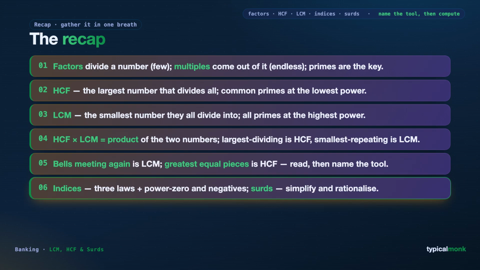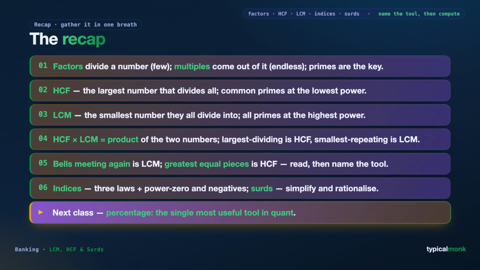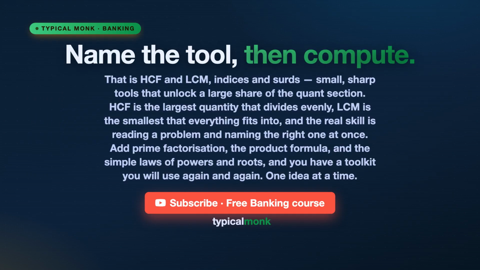Indices are repeated multiplication with 3 core laws. Surds are roots you simplify by pulling out perfect squares and rationalizing. Next class, percentage, the single most useful tool in all of quantitative aptitude, one idea at a time. So that is HCF